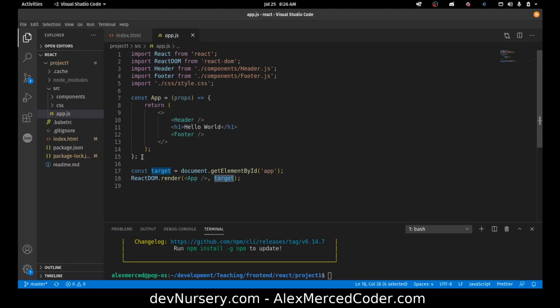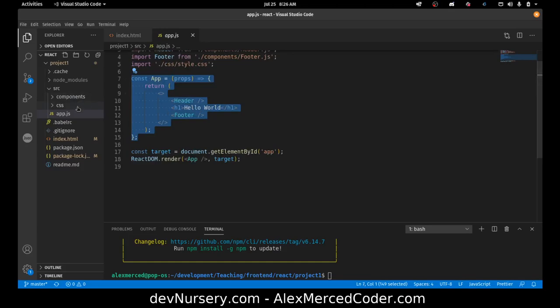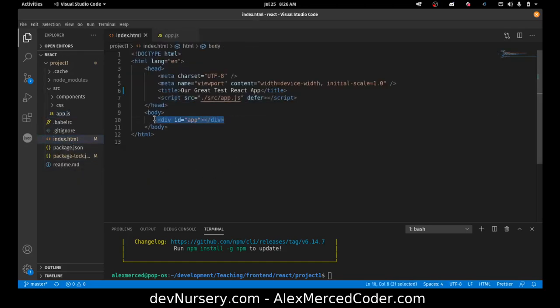So it's going to take whatever this has and inject it into here. Notice there's nothing really there, but if I type in npm run dev and start running our dev server,